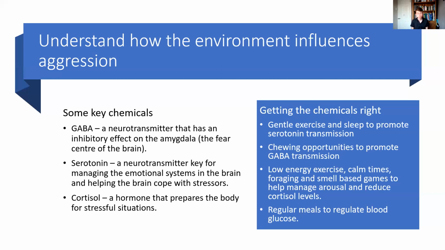And the other thing to think about is regular meal times, because that's really key for helping regulate blood glucose, which is just key for giving the brain energy, and particularly giving the frontal part of the brain energy, which is really key for helping control those emotional systems. So regular meal times for more anxious dogs, generally you want to be looking at 2 meals a day at the very least, if not 3 meals a day.